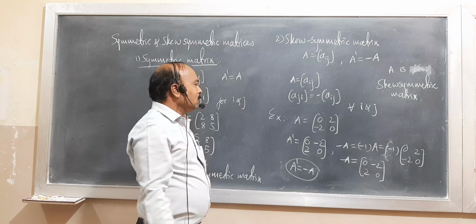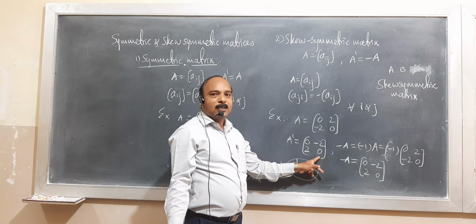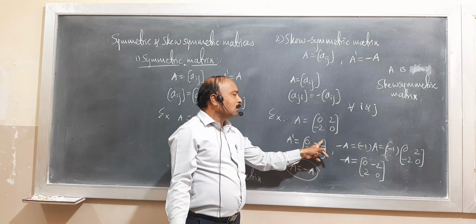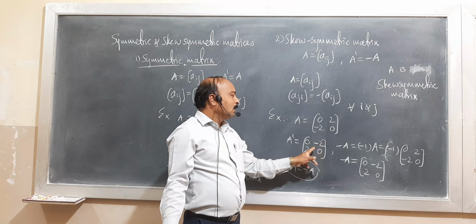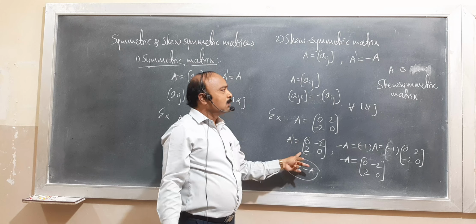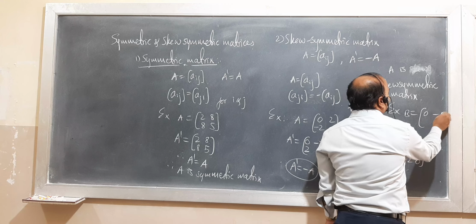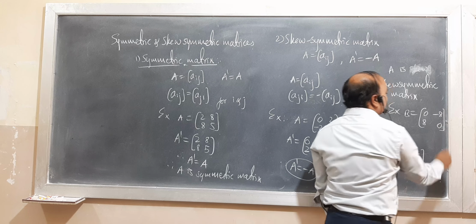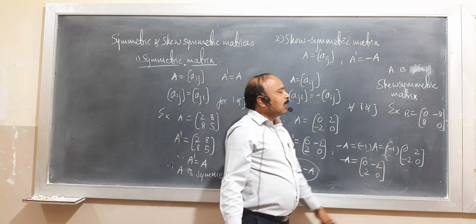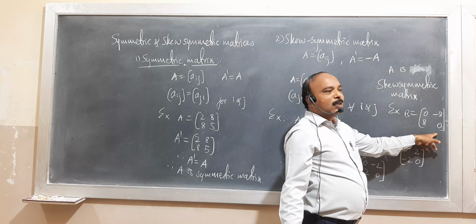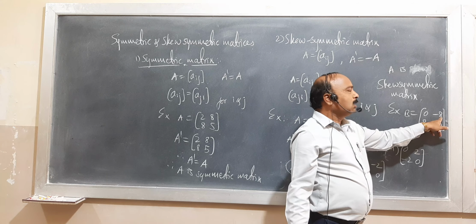Usually if the matrix is skew symmetric, we observe that the diagonal elements are equal to 0 and non-diagonal elements on both sides are equal but opposite sign. It is the trick of writing the skew symmetric matrix. If you consider another example, B equal to 0, minus 8, 8, 0. It is also skew symmetric matrix because as you observe here diagonal elements are equal to 0 and non-diagonal elements are equal but opposite sign. Here it is 8, it is minus 8.